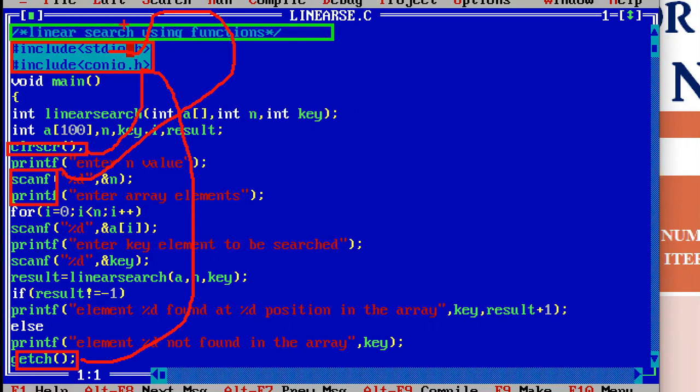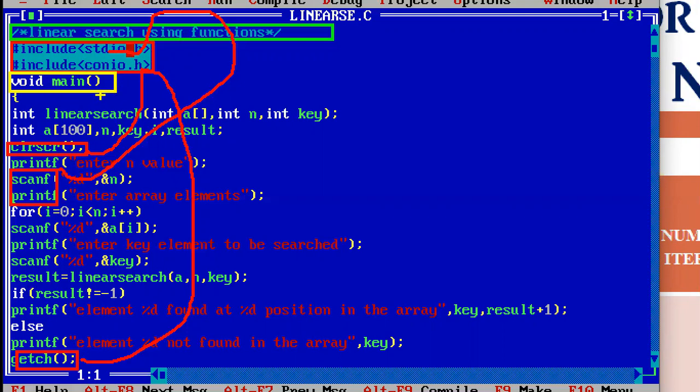Then the next one is the compulsory function. The compulsory function in this program is the main function. Without the main function, you cannot create, you cannot compile, you cannot execute any program. It is also called a user-defined function with a predefined template. Predefined template means this name main is predefined, but it is not a predefined function.